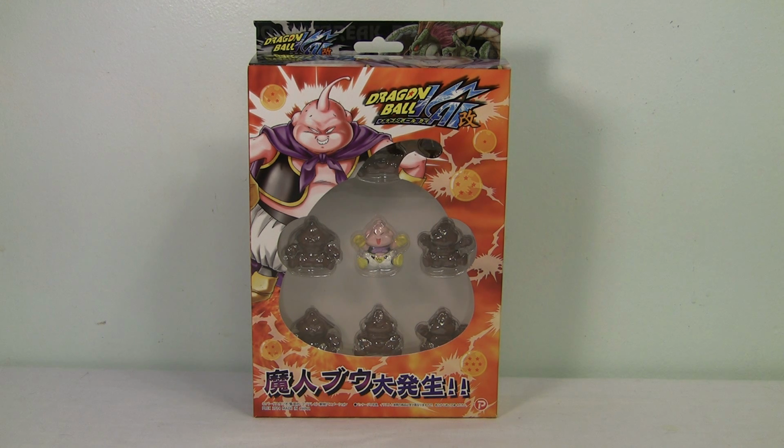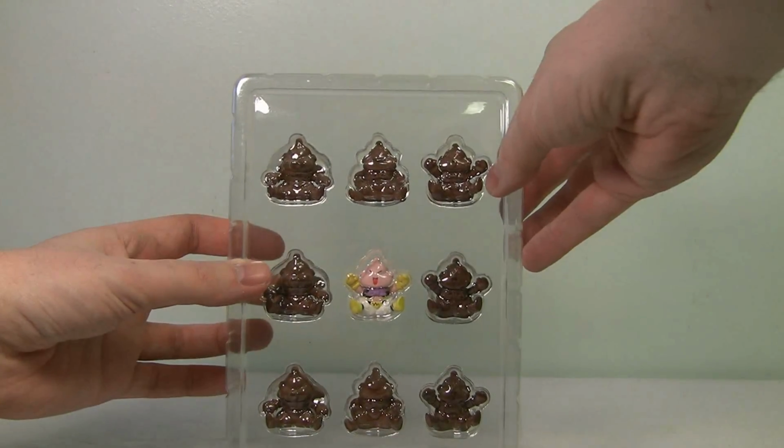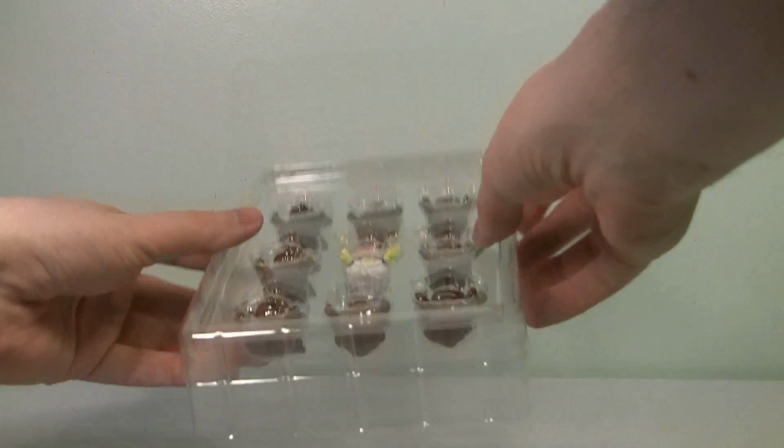And what do they do? Well, I've never really heard of this toy before, but I'm going to take it out and show you what you're supposed to do with it. Now, first off, you open the box, and as you can see, there are 9 Boo figures, with only one in the middle being the real Boo, the rest being chocolate Boos. And what you're supposed to do, according to the back of the box, is you're supposed to take all these Boos